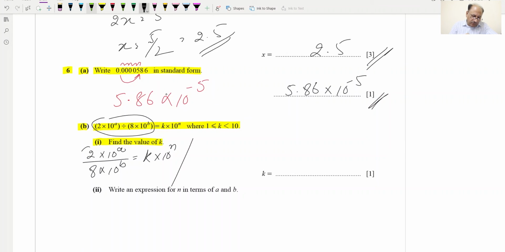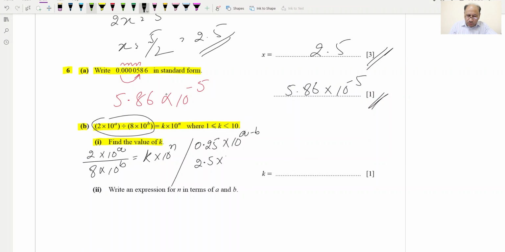Now if we divide this, 2 over 8 will be 1 by 4, which we can write as 0.25. So 0.25 into 10 raised to the power, these can be written as a minus b, so 10 raised to a minus b because they are being divided, and this can be further written as basically